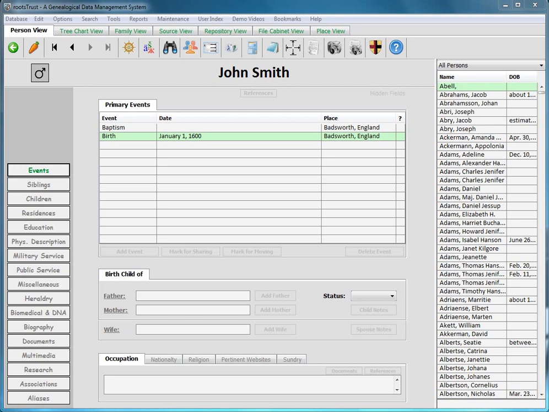This video is designed to familiarize you with rootsTrust's date wizard. Most dates we encounter in our genealogical research are simple dates composed of a month, day, and year, or partial dates that have only a month and year, or perhaps just the year. We also use less simple date expressions by prefixing simple dates with date modifiers like about, before, after,